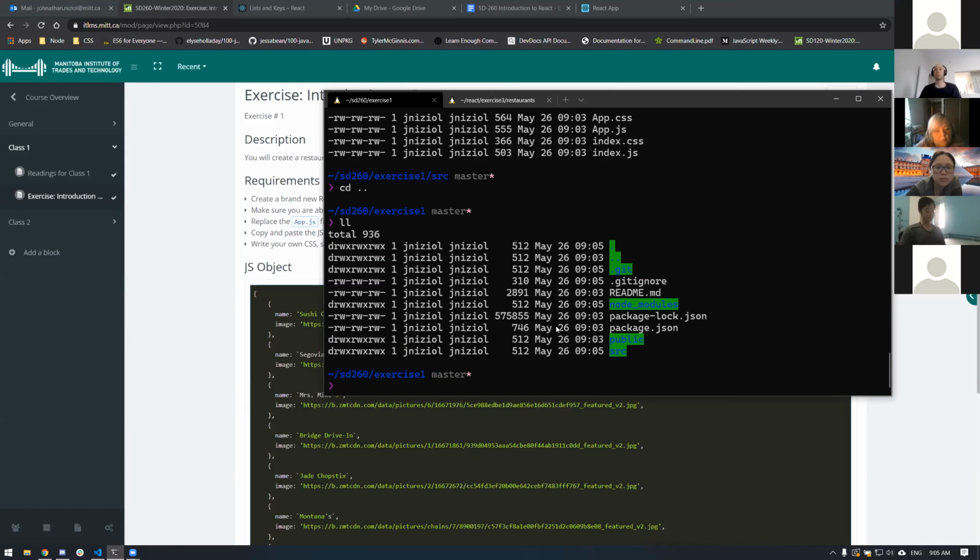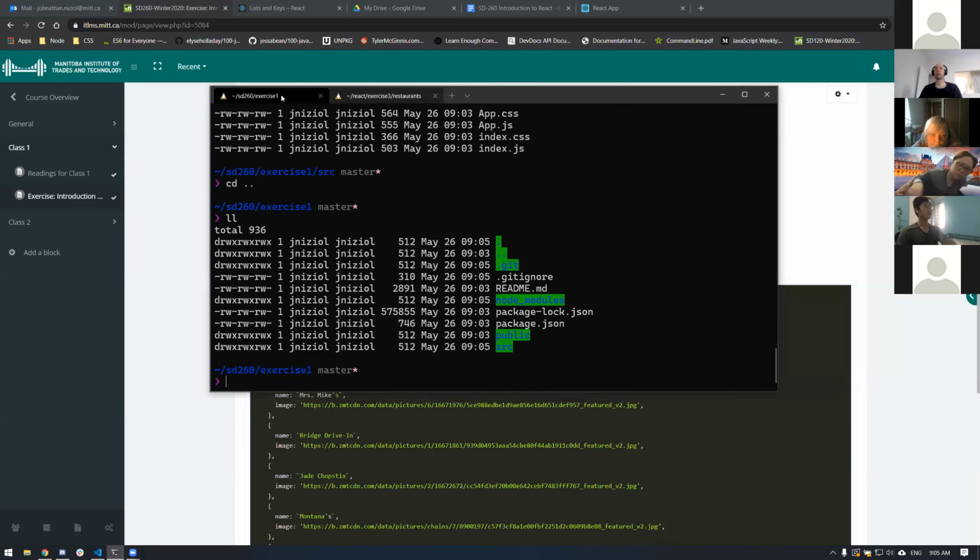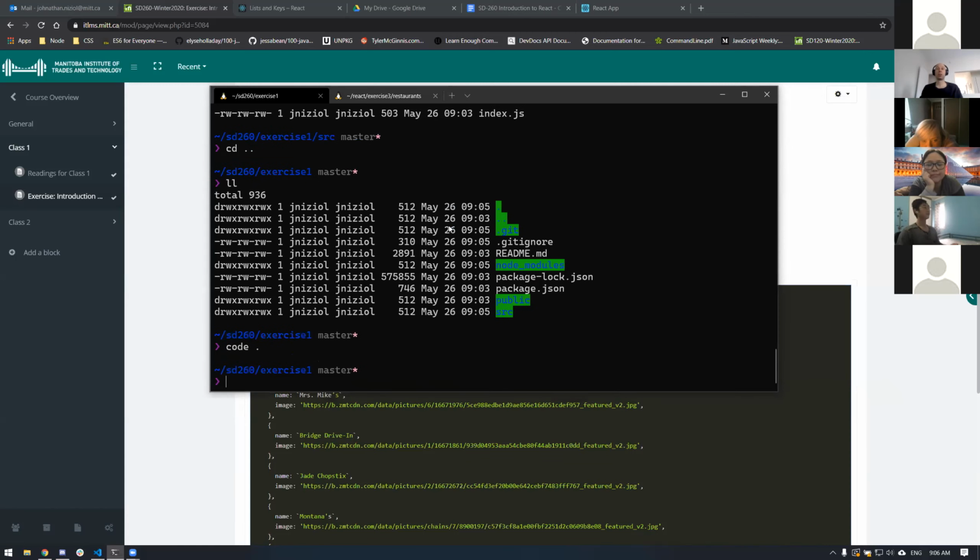if you can support tabbing in your terminal. Okay, I have 2 tabs open, or make sure you do this, code dot. Okay, you want to code dot before you run your server. Okay, because once you run your server,